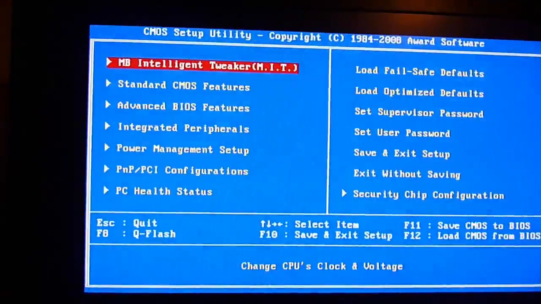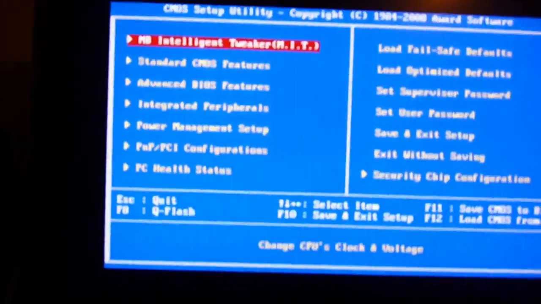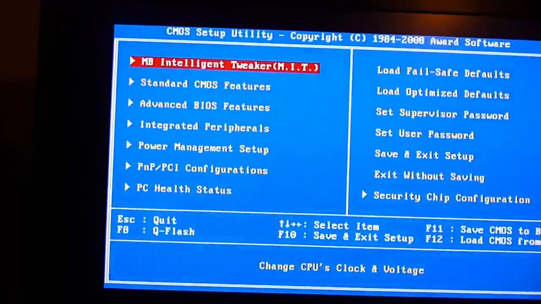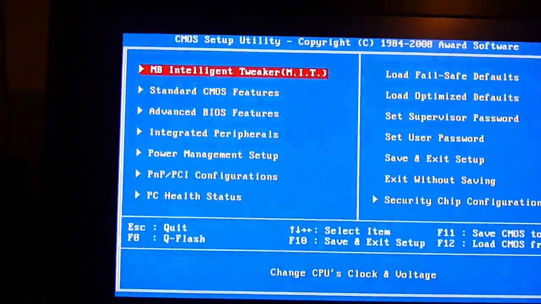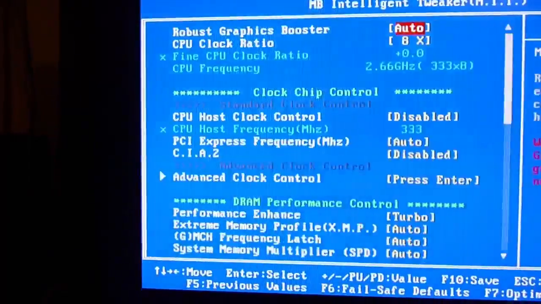Gigabyte started doing this quite a while ago on their Intel boards, and it's a minor annoyance. I guess it keeps novice users out of trouble, but